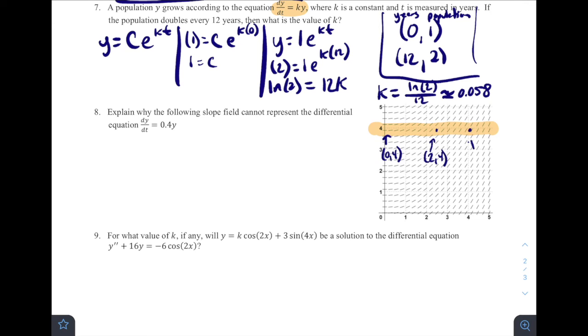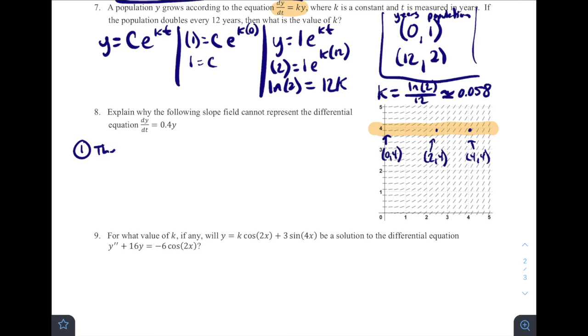Over here we've got like 4, 4. What I notice is that if I were to calculate the slopes at each of these, for these slope fields, I should be getting the exact same y value each time. 4 times 0.4 would be like 1.6. And I see something close to 0, and then I see these values changing. But these should all just be 1.6 because the y value is the only thing that should matter for this equation. So what I can notice for one of my possible answers here is I can say that I notice